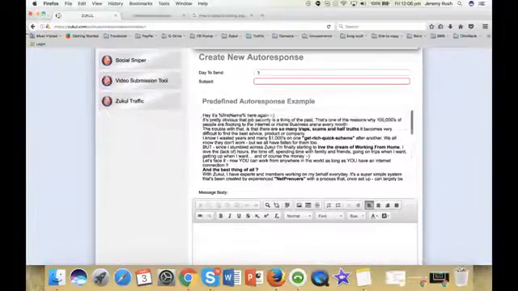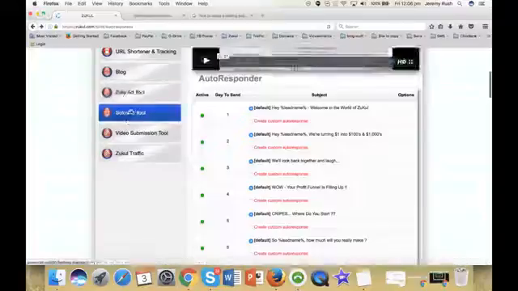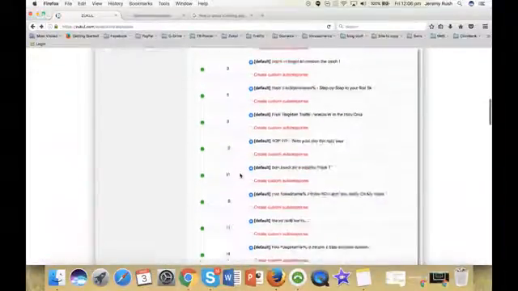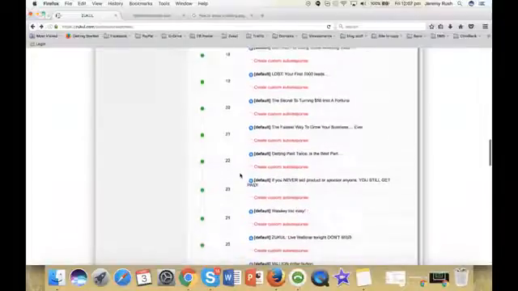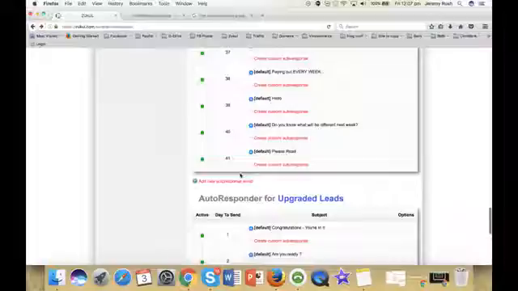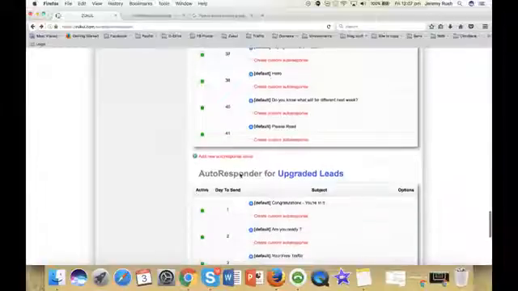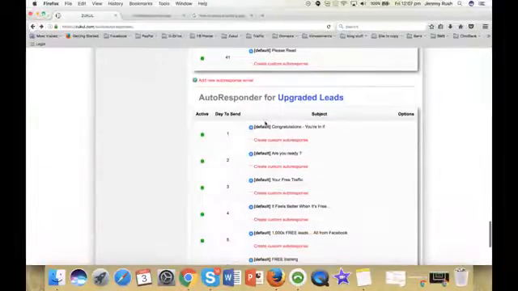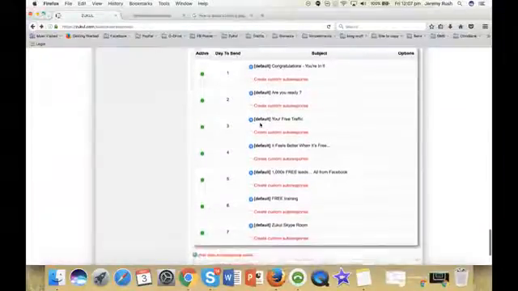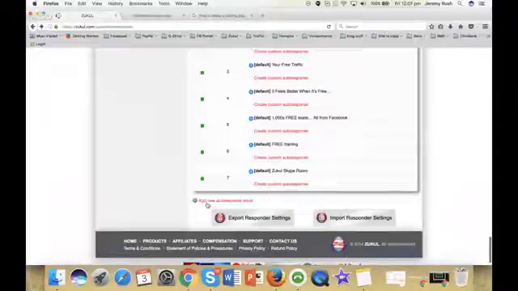Now, what does that mean? So if I go back a page, that's email 1, email 2, email 3, and so on and so on. Then there are emails that the company sends out on your behalf to people that have signed up underneath you in Zookle. And these are the upgraded leads, the people that have paid. And again, you can go in and edit these and add as many emails as you want to this list. If you come down to the bottom there, it says add a new email to the responder.